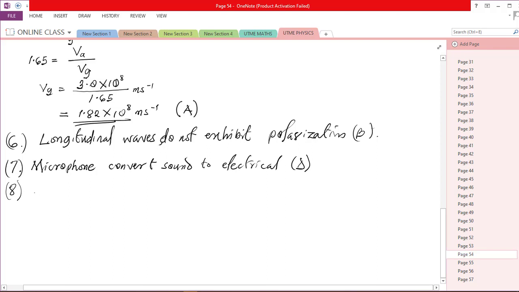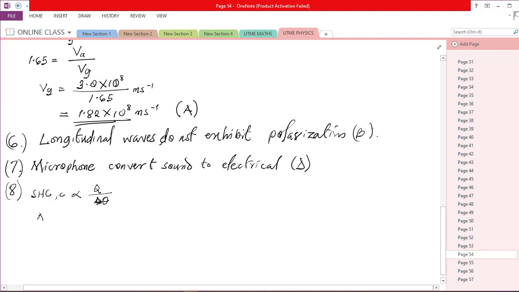From our formula, we know that specific heat capacity, SHC, is directly proportional to what? Q. Inversely proportional to what? Change in temperature. Is that okay? Change in temperature, which means that